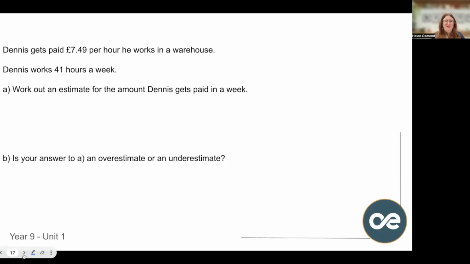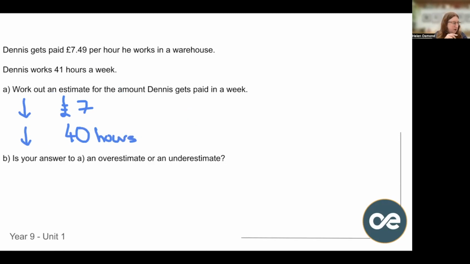Okay, let's have a look at this one then. We are going to round 7.49. Well, that's going to go down to £7. And we're also going to round the 41 hours down to 40 hours. Okay. And the reason I've made a note of whether we're rounding down or rounding up is for part B. So how much is he going to get paid a week? Roughly, he's going to get paid 7 lots of 40, or 40 hours at £7 each. That gives me £280